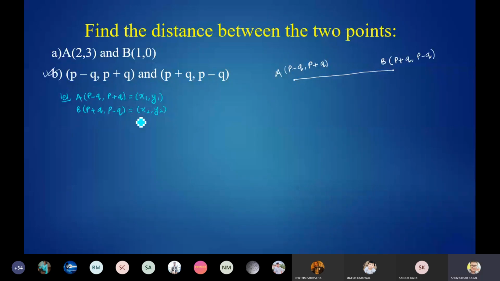So what you need to know here is, you can suppose these points are x1, y1 and x2, y2 if they are given in the form of coordinates. You can suppose this is x1, y1, x2, y2 because they are simply the coordinates. If it is given in the form of ordered pairs in coordinate geometry, then you need to suppose them as x1, y1 and x2, y2 simply. So let's use the distance formula to find the distance between them.